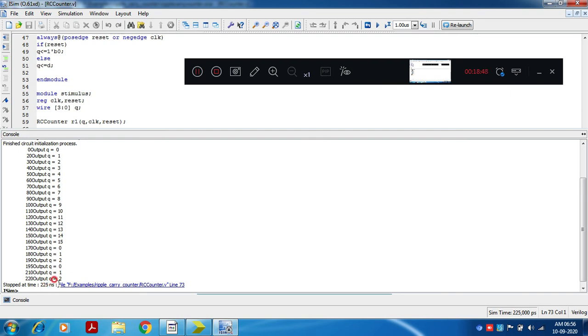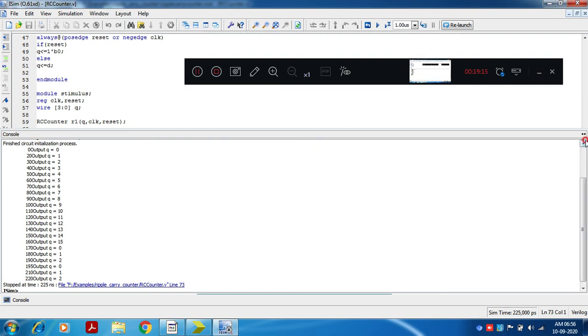So the summary sheet we can also observe in the console. It is an alternative way of representing simulation data in tabular form. We have seen it in waveform form, and in tabular form in the console window. This is how a 4-bit ripple carry counter is implemented, and we have analyzed the test bench written for it.